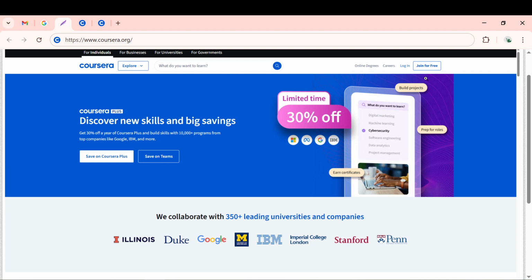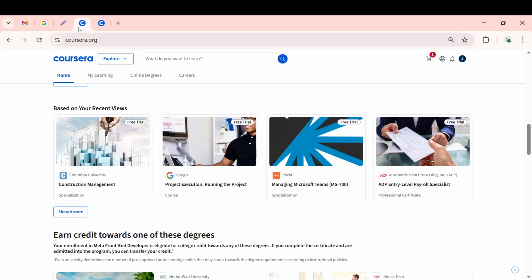For those who already have an account, click on the Log In option, usually located at the top right corner of the page. Enter your credentials carefully, your email and password, ensuring you type in everything correctly to avoid any login errors. Now that you're logged in, it's time to find the course you want to add to your wish